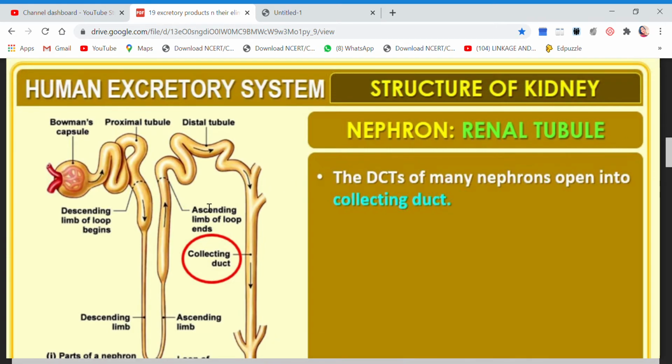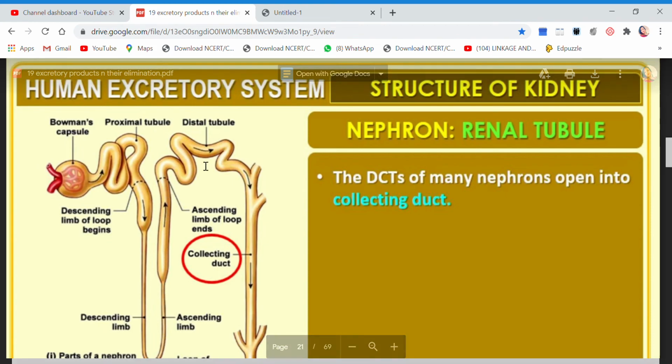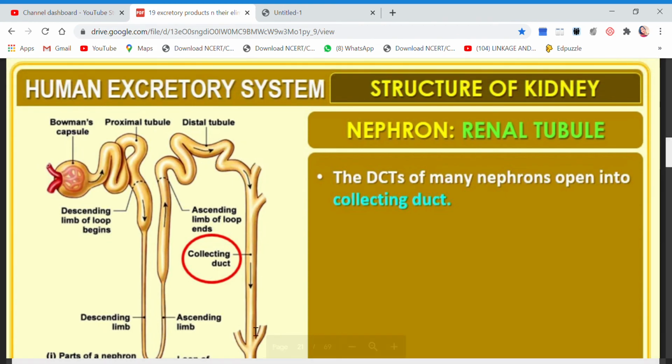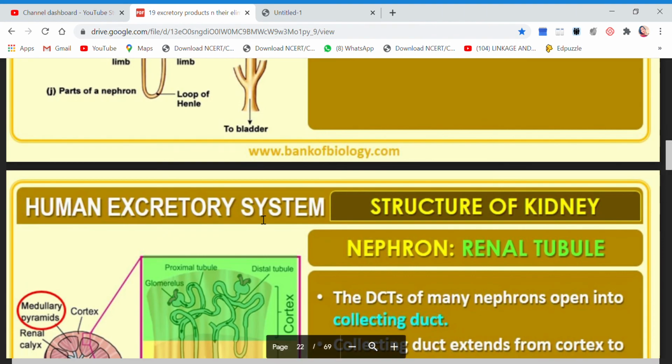So this whole structure is about renal tubule. So as I again said, nephron has two parts. One is the Malpighian body and other is the tubular part. So we have discussed both of them. The Malpighian body contains glomerulus and Bowman's capsule. Along with that, it also has afferent and efferent arteriole. And the tubular part or the renal tubule part contains four parts. First one is proximal convoluted tubule, then loop of Henle, then distal convoluted tubule, and the collecting duct. I hope the external structure of nephron is clear to all of you.